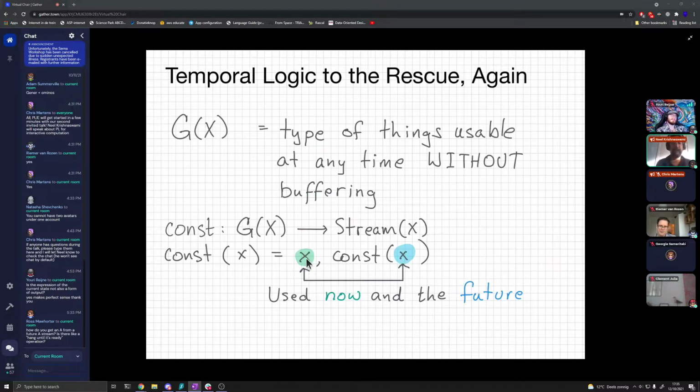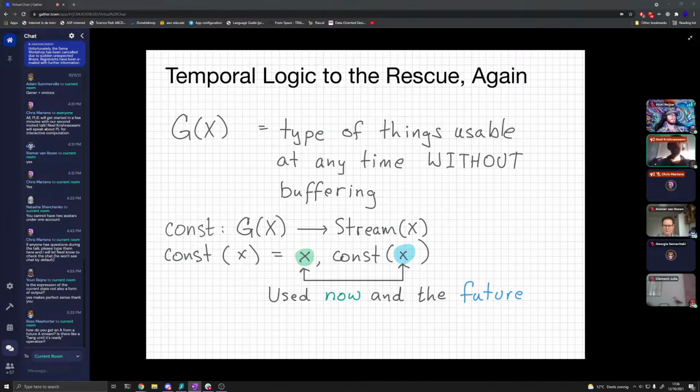So I said here we're now, and here we're in the future. And the way that the later connective works is that when you're forming a stream, the first element is now, and the remainder has to happen in the future. And so if you have any values which are available in the future, you're only allowed to use them so a later stream only becomes available as a stream on the next time step. So right here, you're allowed to use it as a stream, but on this side, you're only allowed to use it as a later stream.